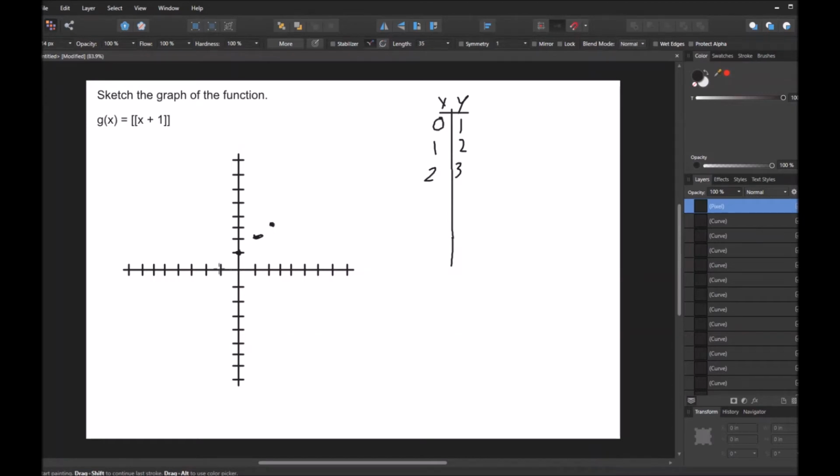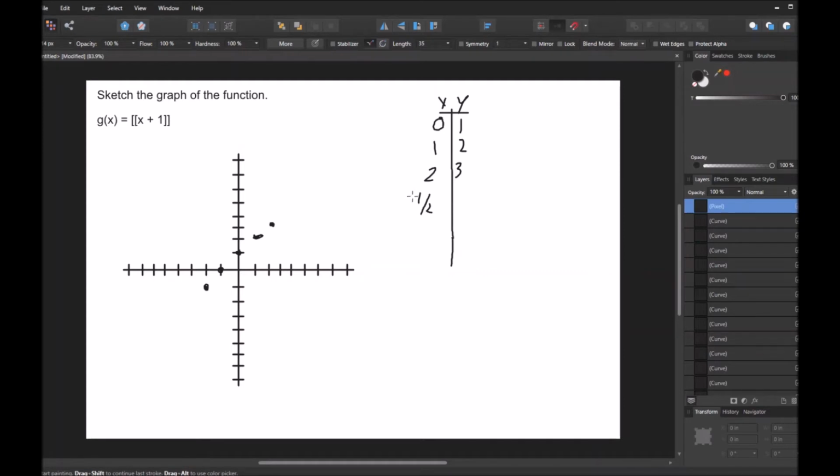And once again, it looks like we have a slope of 1, so I can go ahead and finish the pattern here going to the left. So we have these points here, but how do we know if it goes like this or like that? In order to find out, I'm going to plug in a non-integer value, and once again I'm going to plug in 1/2. So if we plug in 1/2, 1/2 plus 1 is going to be 1.5,